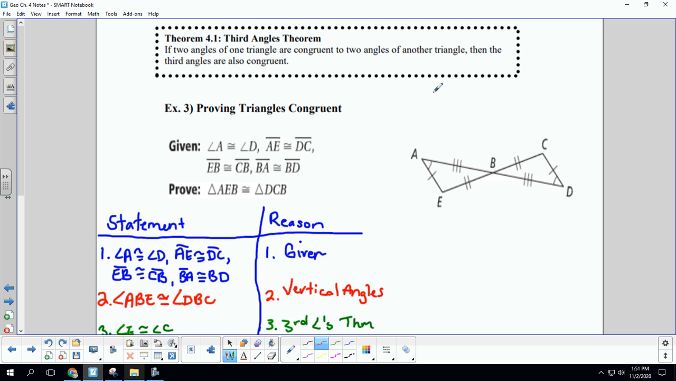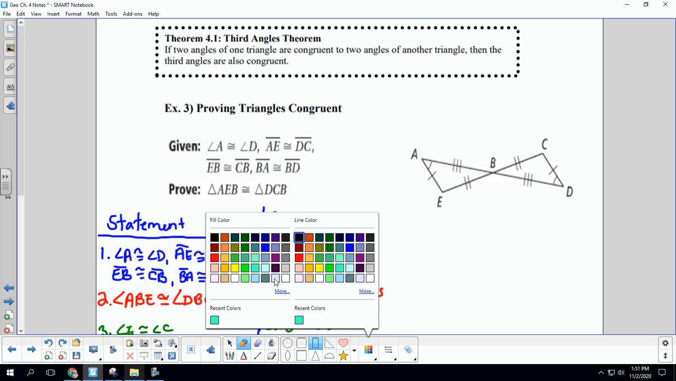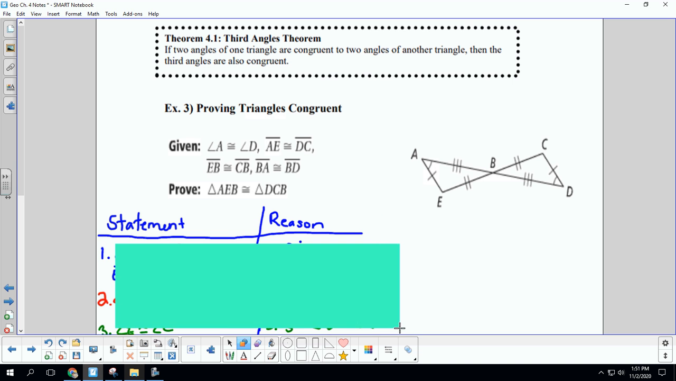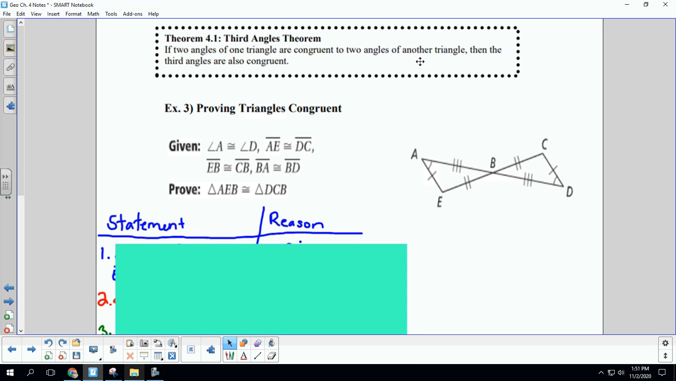Okay, let's look at the third angles theorem. And I'm going to cover this up for just a second. If two angles of one triangle are congruent to two angles of another, then the third angles are also congruent. So this comes from, and I want you guys to write this down,